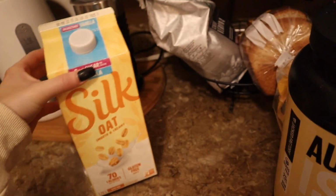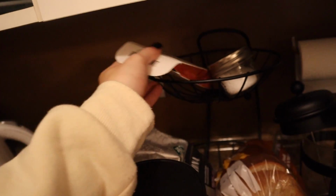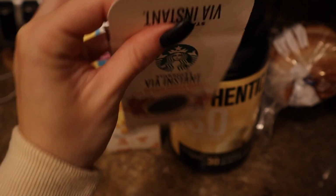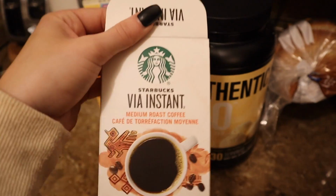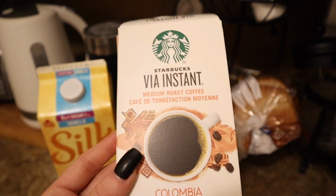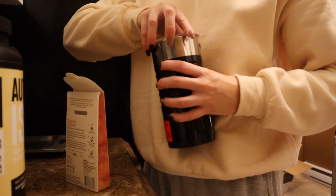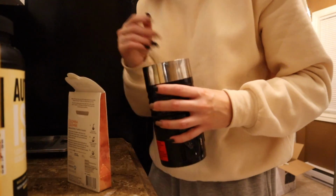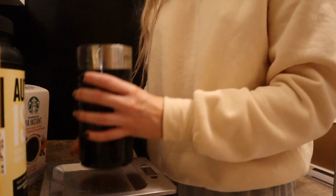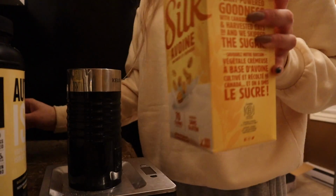All right, so we have our oat milk, our protein powder, the kettle just boiled, which is perfect, and I'm just going to go in with one of these instant coffee packs from Starbucks. You guys know I love the instant coffee from Starbucks. I do have ground coffee in my French press here, but honestly this is just way easier. So we take the milk frother. This is what I personally like to do. I'll just lay it here, fill it up with oat milk,